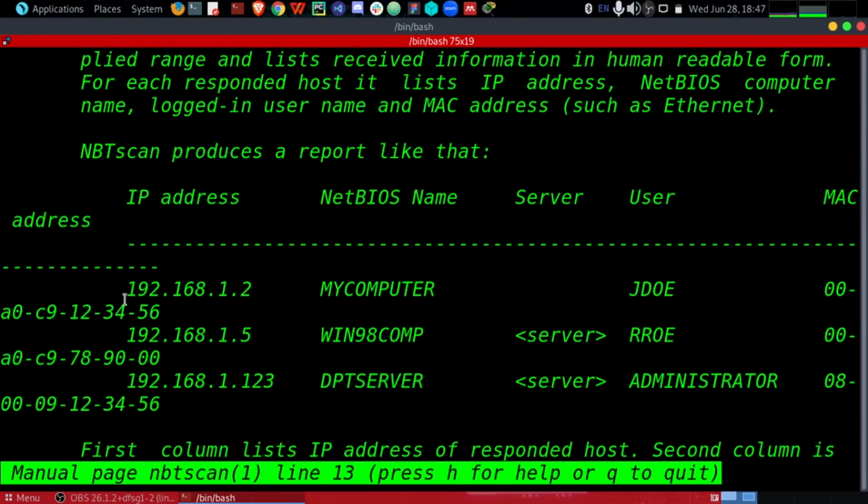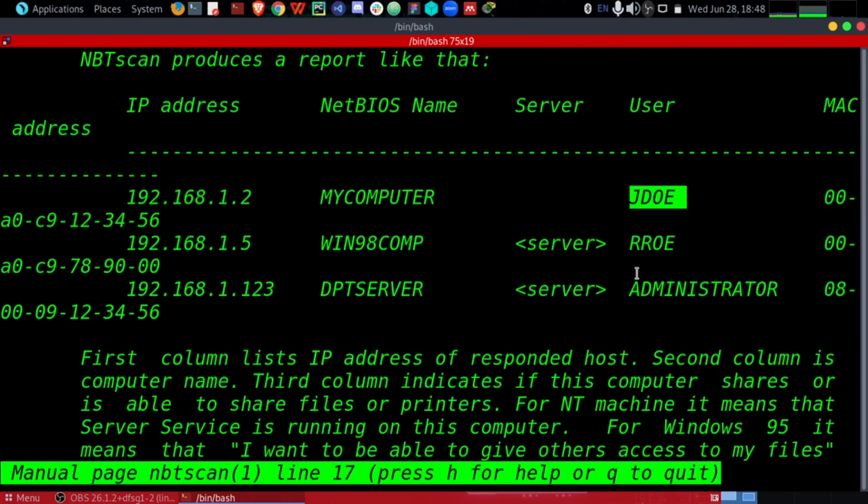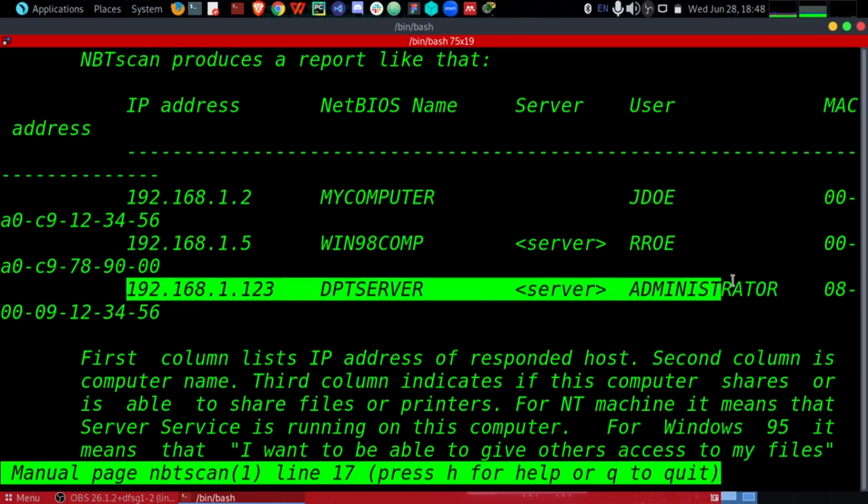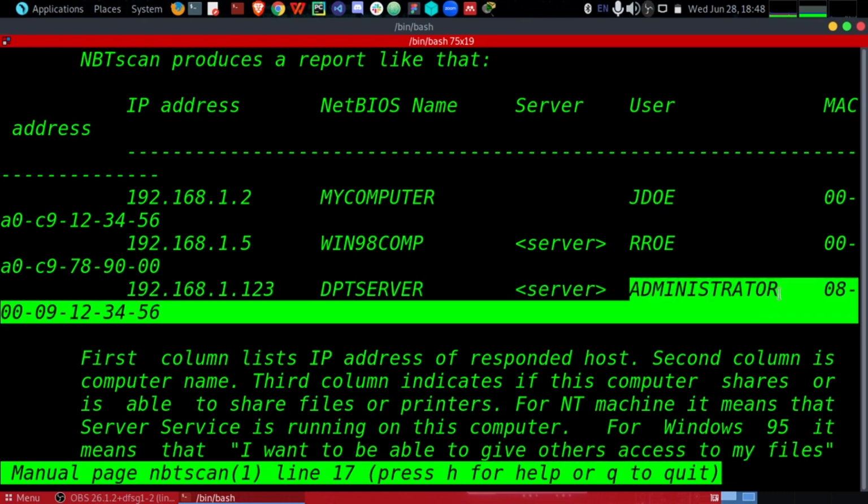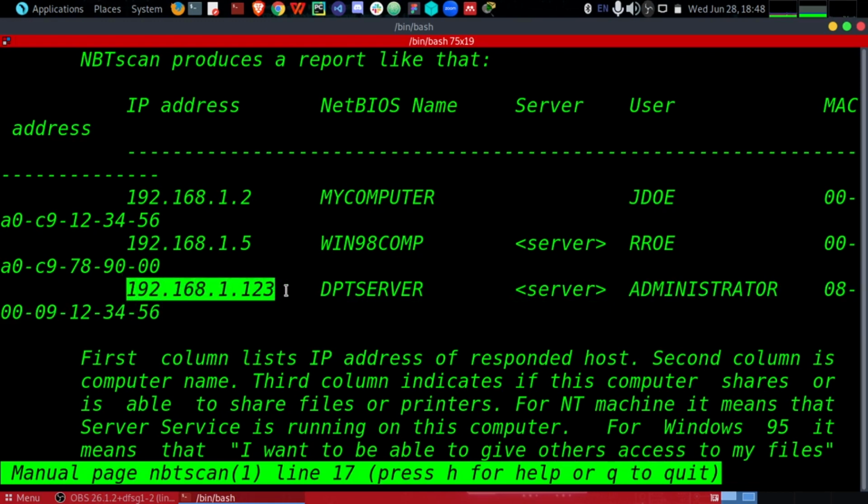When you are scanning a network, you can see the IP address. Basically, when you are scanning a local area network as a pen tester, you can see the NetBIOS name that has been used, encoded with the operating system of that computer, and the different users. These are the usernames that people use in registering the different computers. And if one of the computers is recorded as an administrator, then you've hit the jackpot in your scanning, because you will know that the administrator computer is at an IP address of